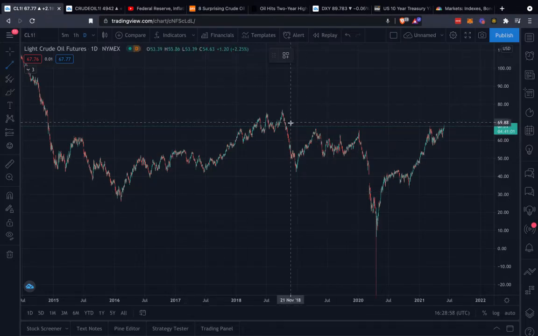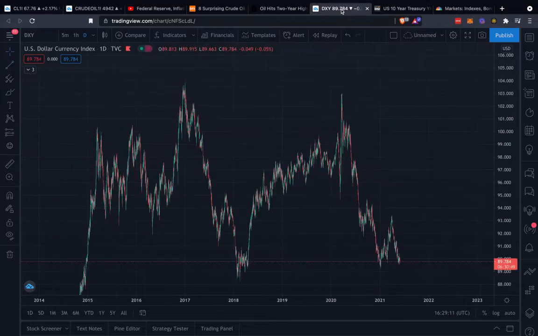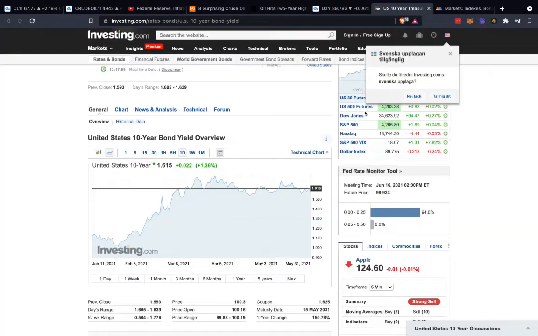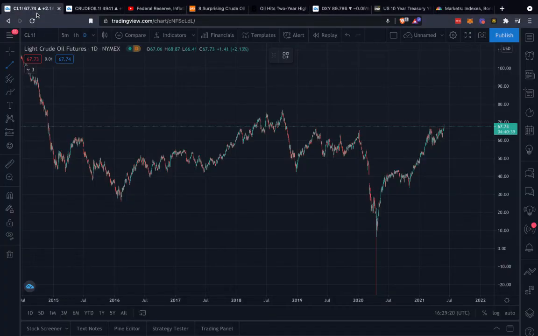But the important thing to keep in mind with crude oil is, again, like I said, the macro thesis around higher crude oil is higher stock market. And the lower the US dollar, the more positive it is for the stock market. When the 10-year yield is sideways, it creates a situation where the stock market can see higher highs.